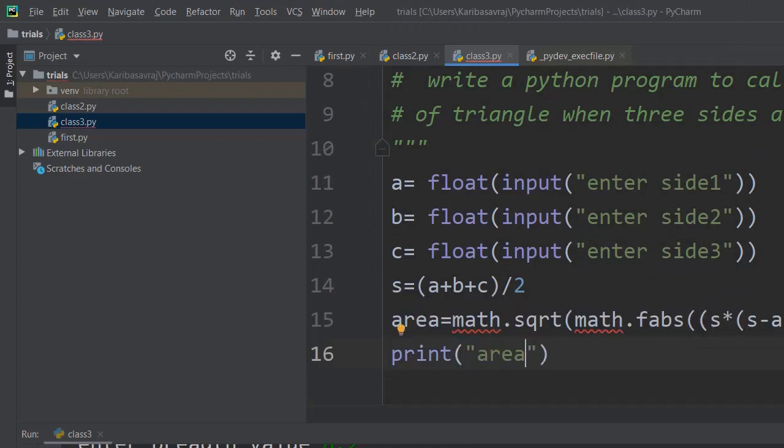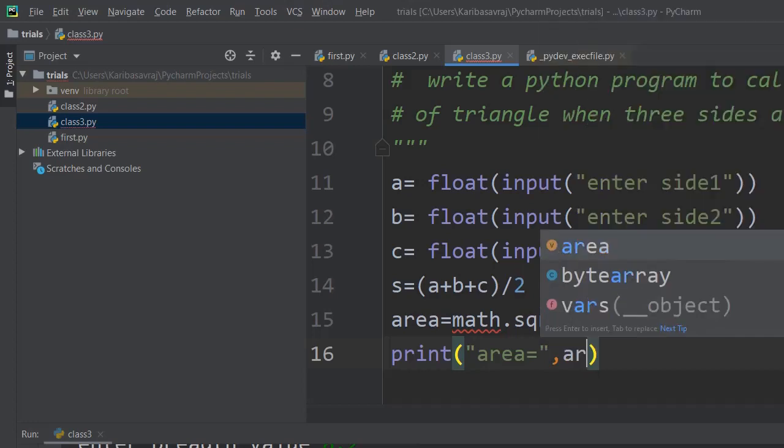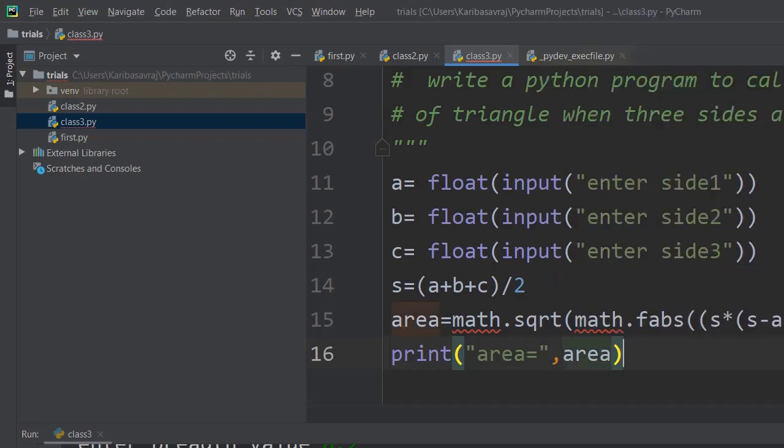Area is equal to area. Invalid syntax. Okay, I'll just check. Area is equal to